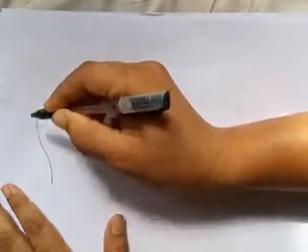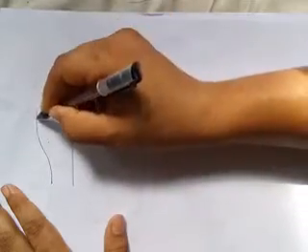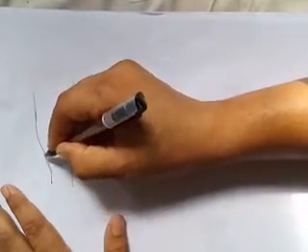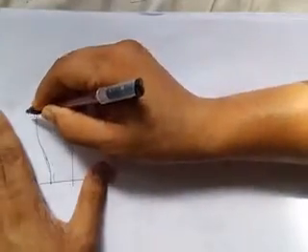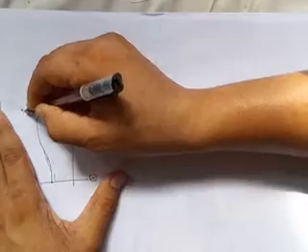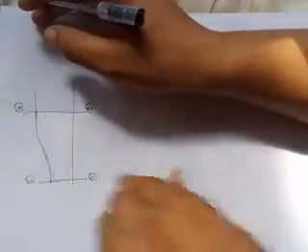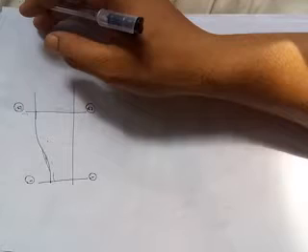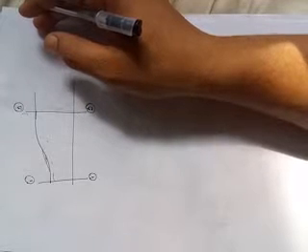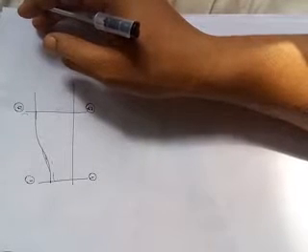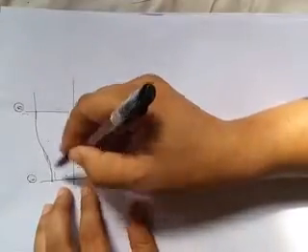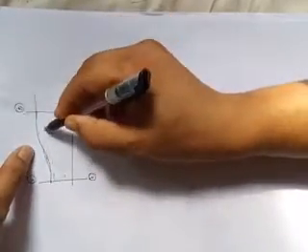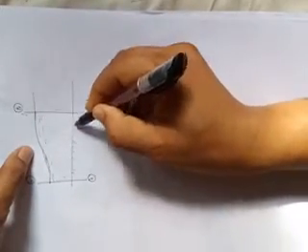See here, this is the hydraulic jump. This is section 1-1 and here it is section 2-2, from supercritical to subcritical flow. Consider a hydraulic jump formed in a channel of horizontal bed, the two sections 1-1 and 2-2 before and after the hydraulic jump. This is before the hydraulic jump and this is after the hydraulic jump. This is the bed.